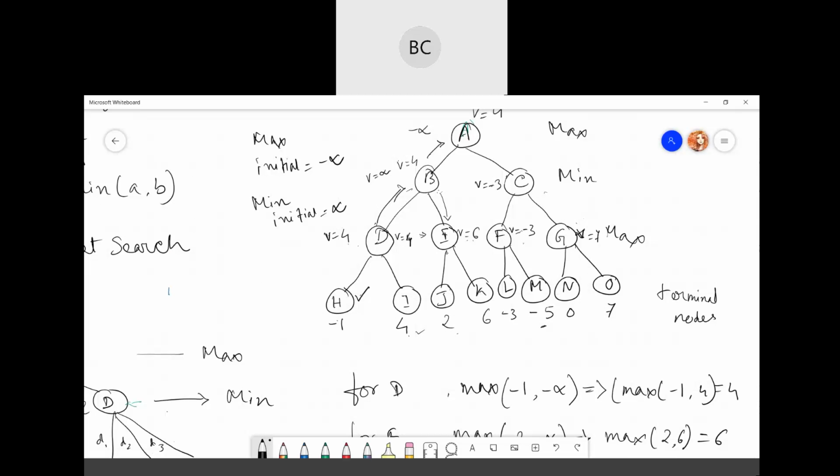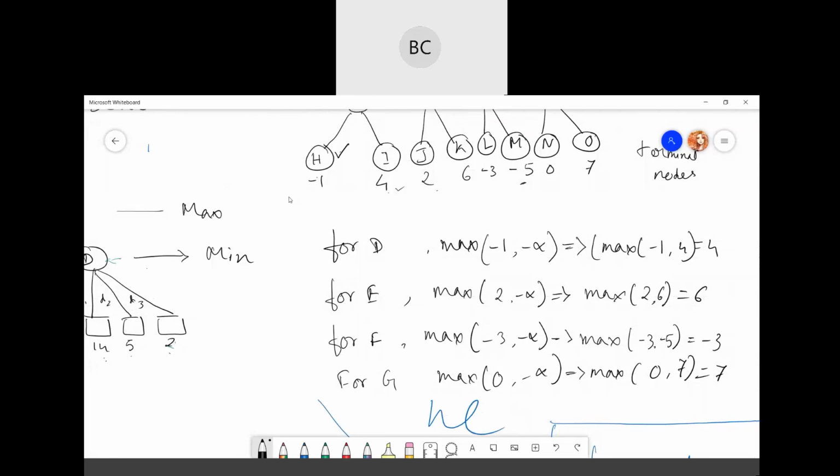Okay, now at this level, again next is the max one, right? So max will select the highest value again. So out of 4 and minus 3, it will select the max, but the value is already 4, so we don't need to update. So how is it going to compare? It's just that